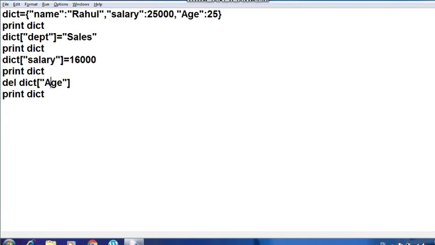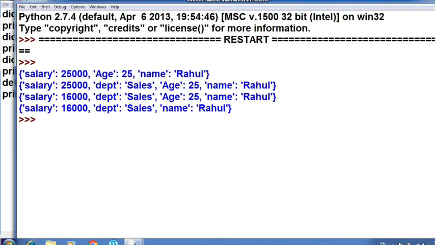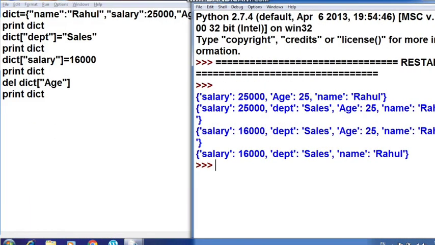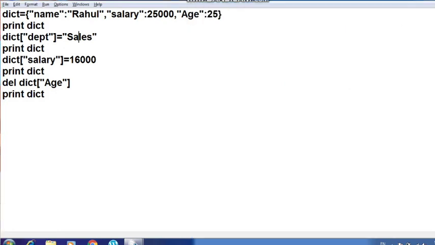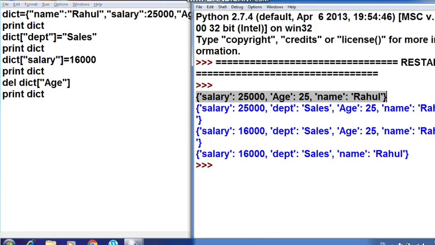Alright, now let us execute the file one more time. Okay, so let us see. The first time when you execute the file, you can see that when I have written print dict, it is printing the dictionary as it is. The second time I have added department equals to sales, and then I printed the dictionary, so department sales is added.